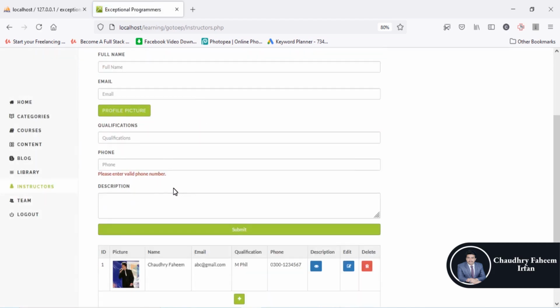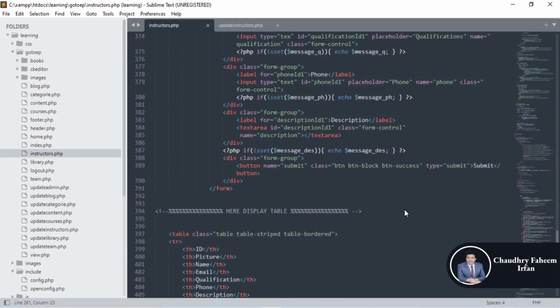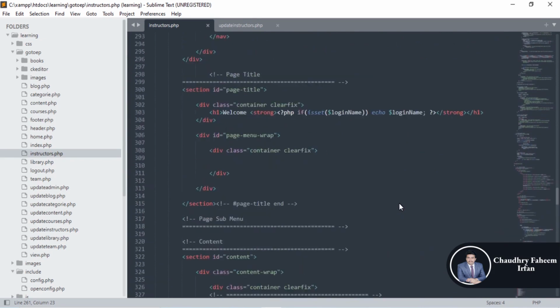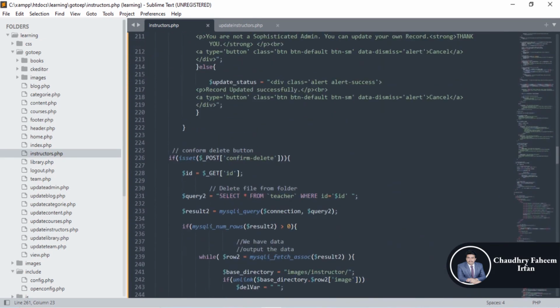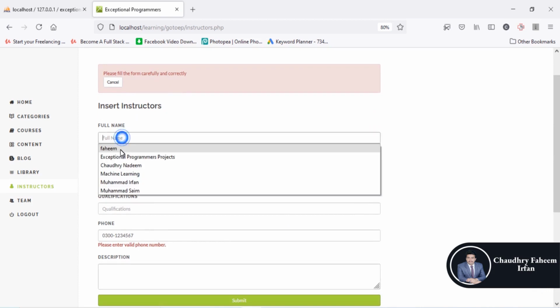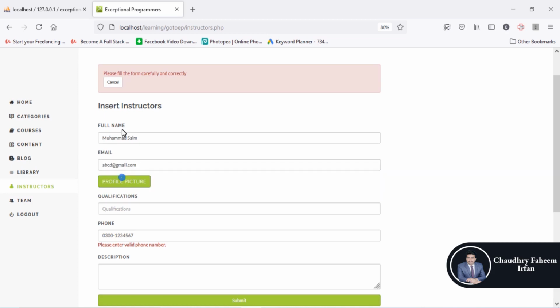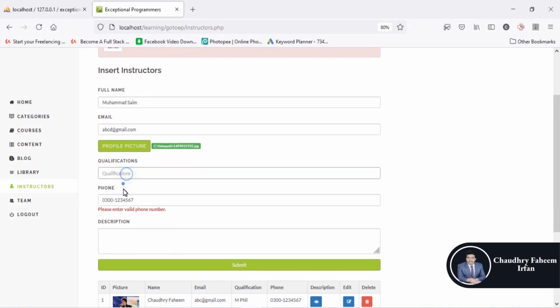Oh, please enter a valid phone number. For the phone number, here are some guidelines. The phone number should be in this format, if I'm not wrong. The instructor name is like this, and the profile picture is here.